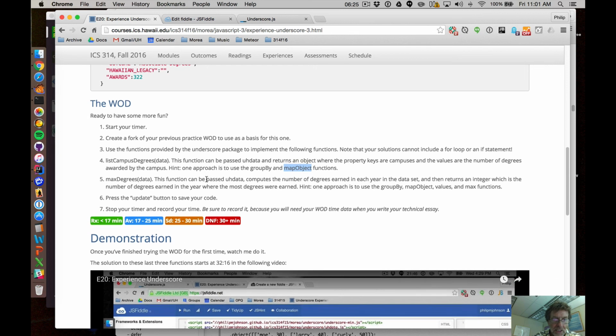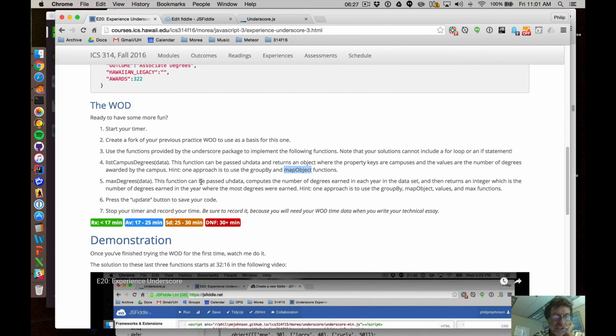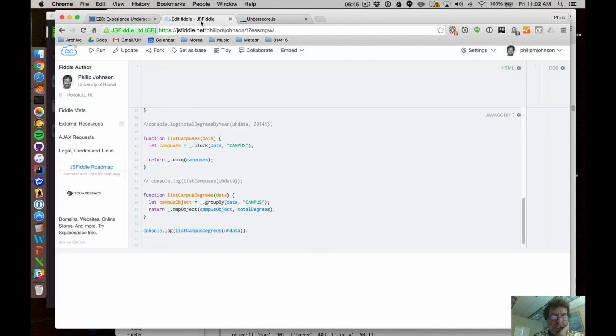Now let's look at this next one, max degrees. This function can be passed UH data, computes the number of degrees earned in each year in the data set, and then returns an integer, which is the number of degrees earned in the year where the most degrees were earned. Okay, so in some sense,